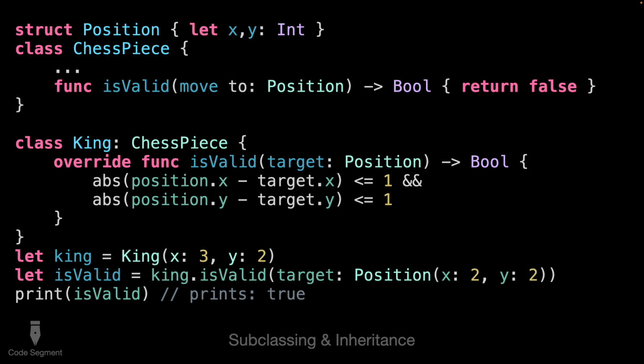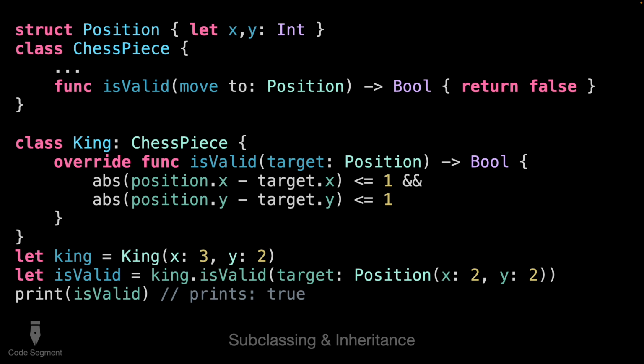Basically, the idea that a king instance can be used anywhere in code where you want a chess piece instance, okay? Because it is a subclass. That guarantees that it at least has all of the same data and functionality at minimum that a chess piece has, okay? That's the main thing about subclassing: your subclass cannot remove functionality from your superclass. It can only add to it, or change it, okay? So it can add or change, but it can't remove,